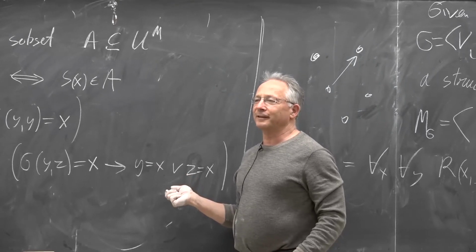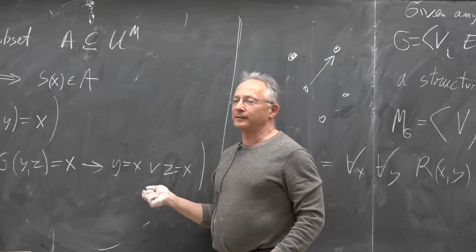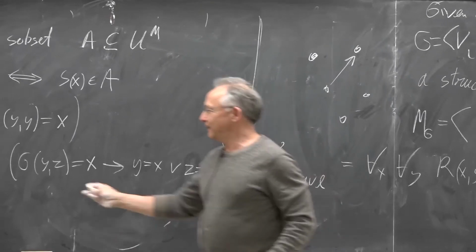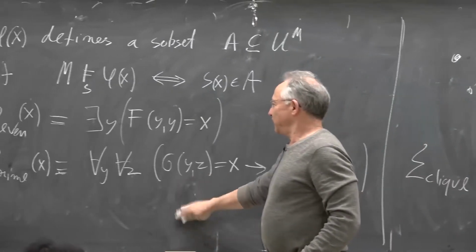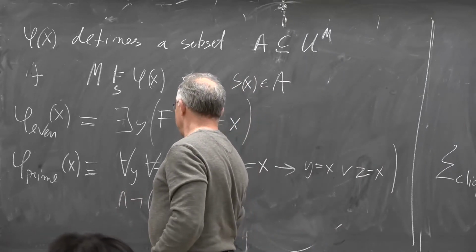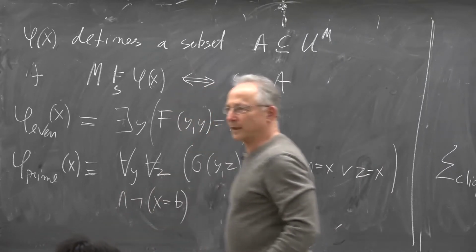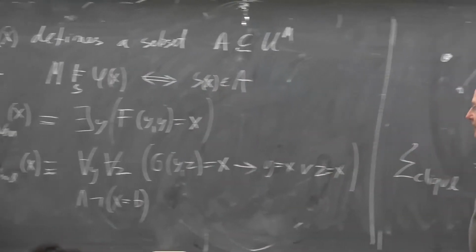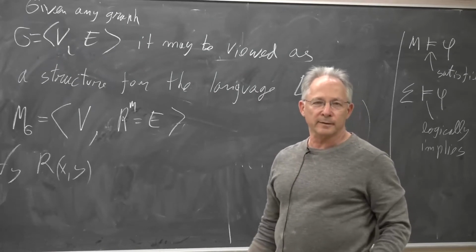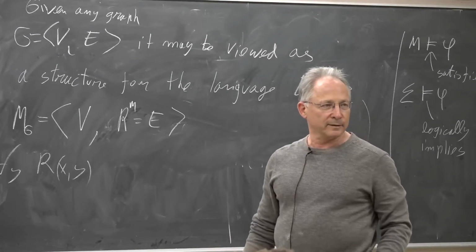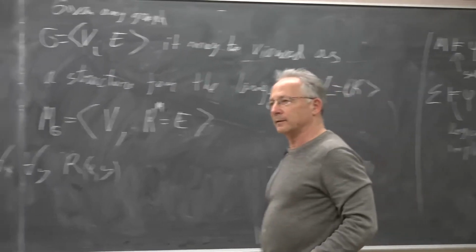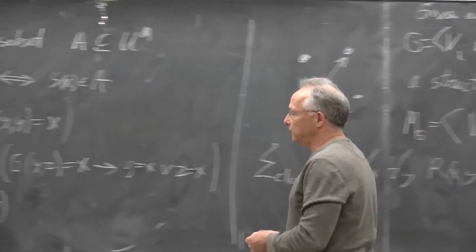One is not considered a prime? Yeah, one is not prime. Okay, so we can say all of this and not x equals b, because b was my 1. So x is not 1, and whenever two numbers multiply to x, one of them should be x. So I can define the set of all primes. And I can also